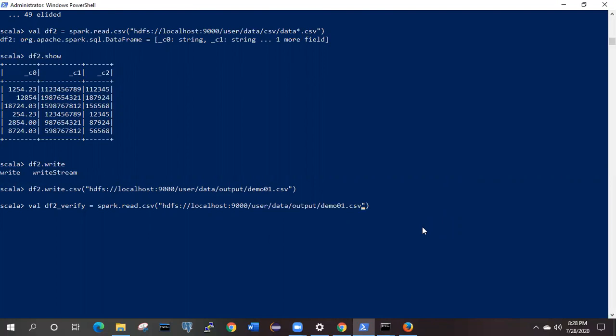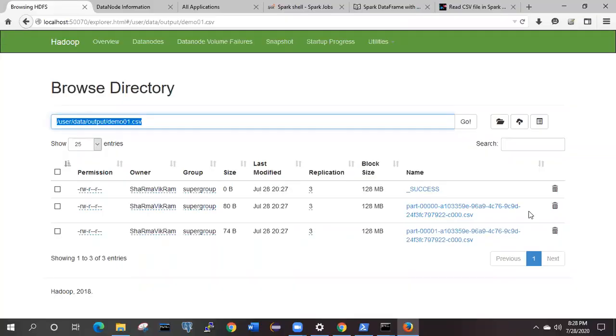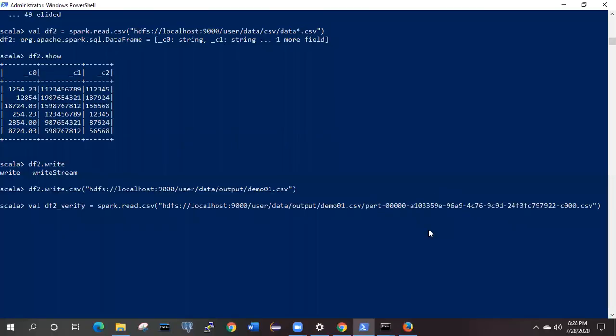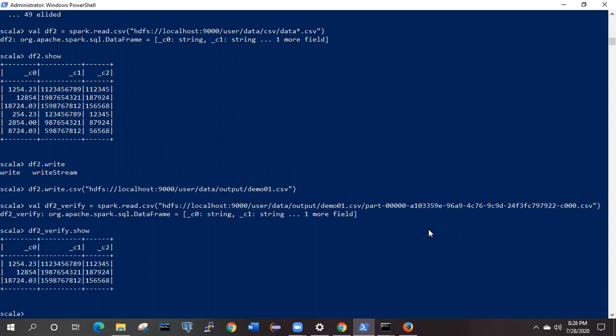Inside this one we'll have three files, so we'll read only one file and see. Hit tab. If the data is present and written successfully, then it will be shown over here. Correct, it is showing the data from the first file.